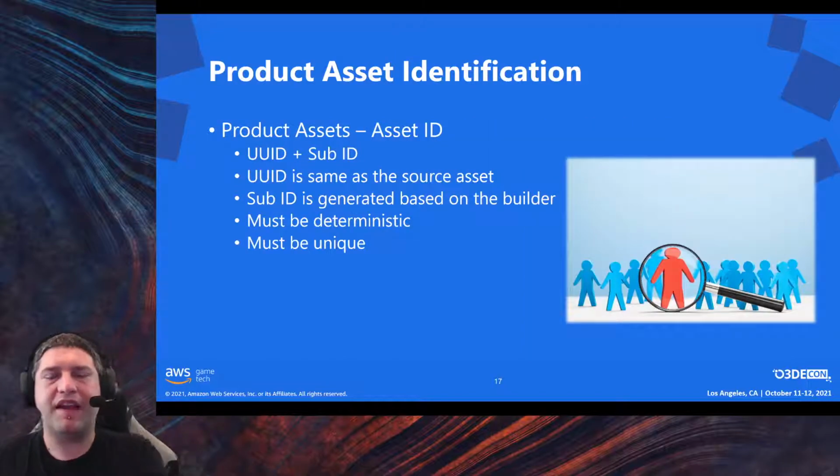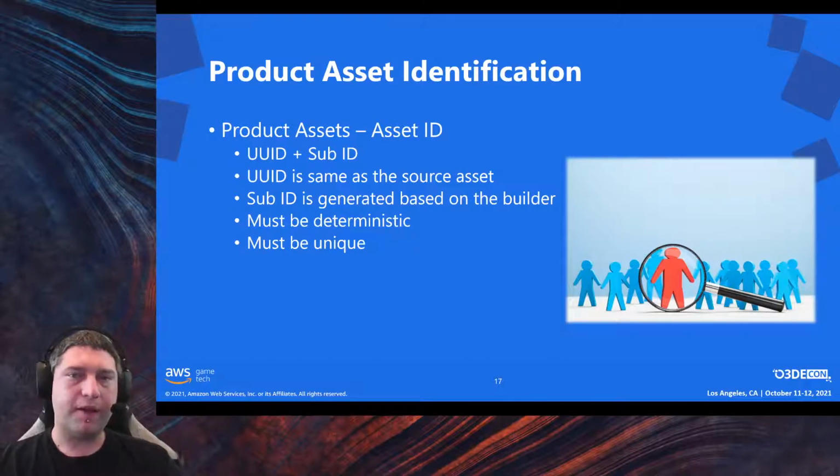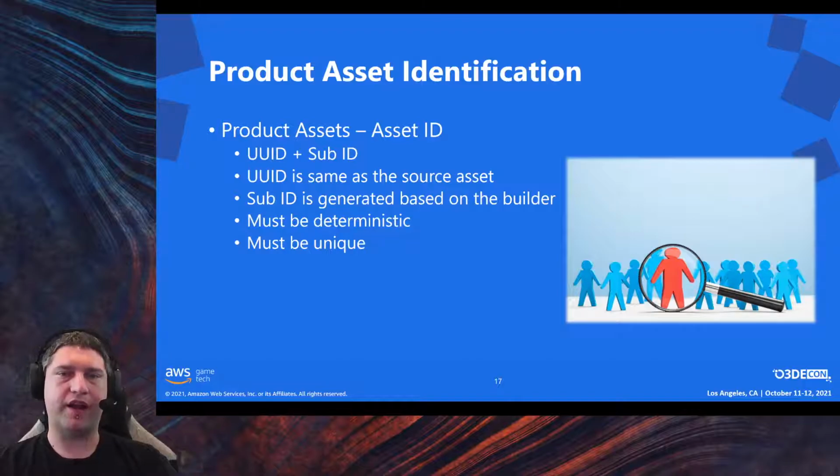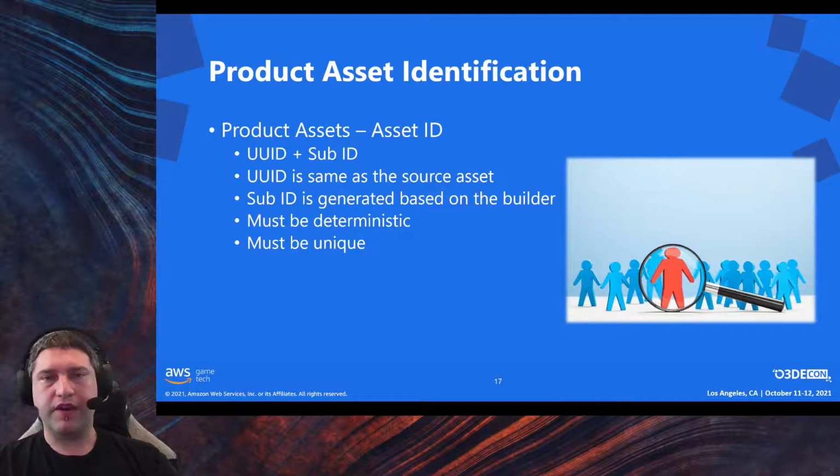The next piece of asset identification is with the product asset, which is a combination of the UUID for the source asset the product was created from, as well as a sub-ID, which is a number that is tracked for the product asset, generated from the asset builder that processed the asset. The UUID in this case is the same as the source asset, but the sub-ID needs to be deterministic and